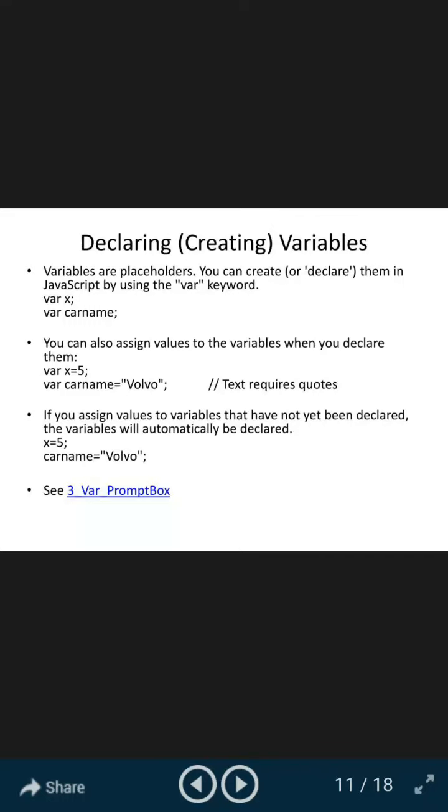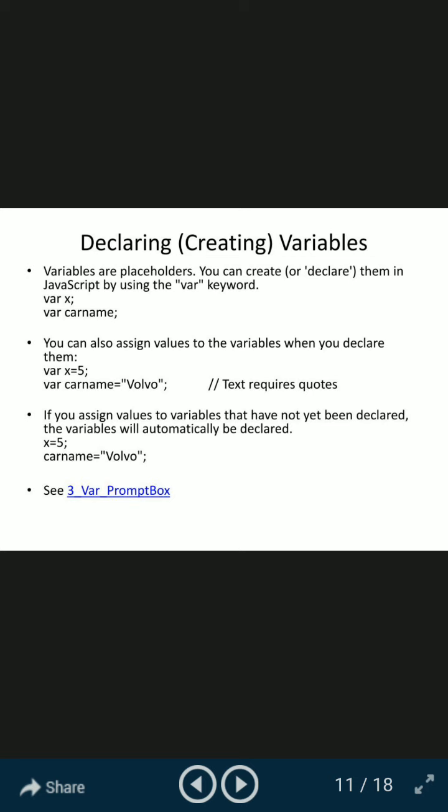We have earlier discussed JavaScript, and you have seen the syntax of JavaScript and how to use JavaScript in the body section as well as the head section. So now we will see in this class declaring and creating variables and some other important facts of JavaScript.